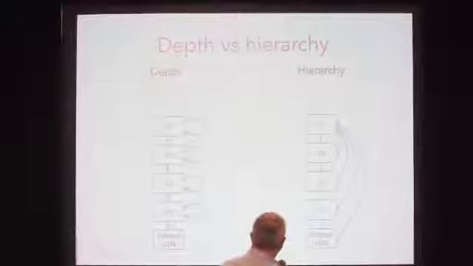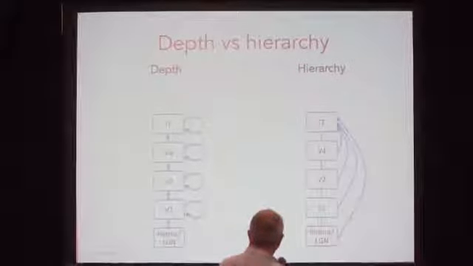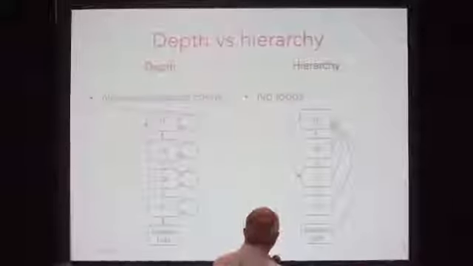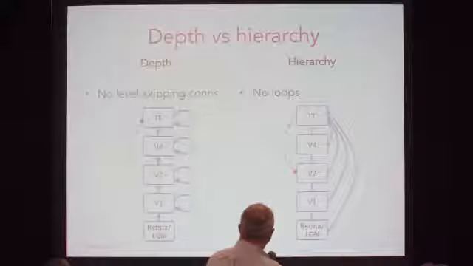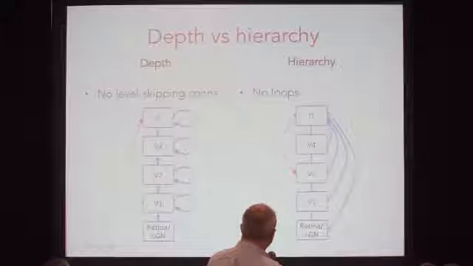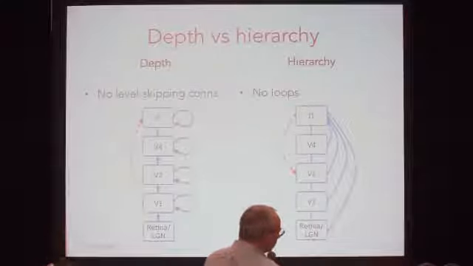So in a hierarchy, you're basically saying that lower levels connect only to levels above them, all right? And what you don't allow is loops back. By depth, what I mean is serial sequential stages. So I'm completely fine with allowing feedback connections backwards, going all the way back down, provided there are no level-skipping connections from the input to the output. I think that's the key thing. It's about serial chain-like structure. And you can also have recurrent connections.